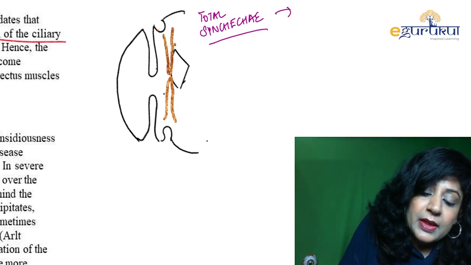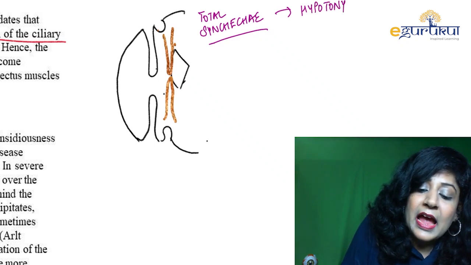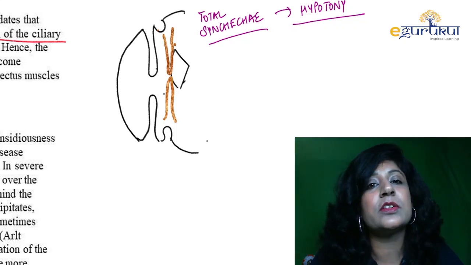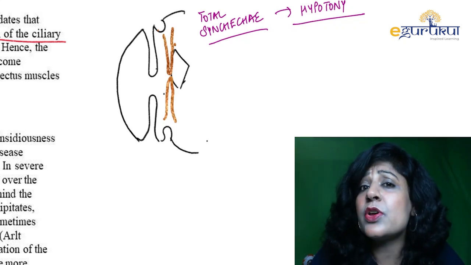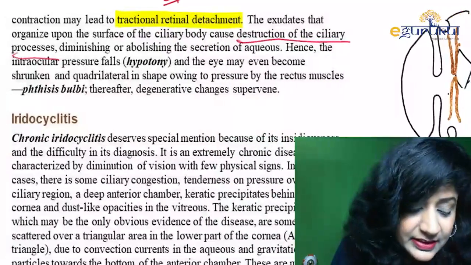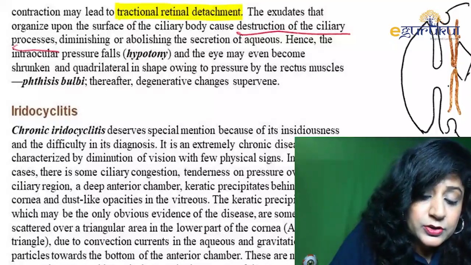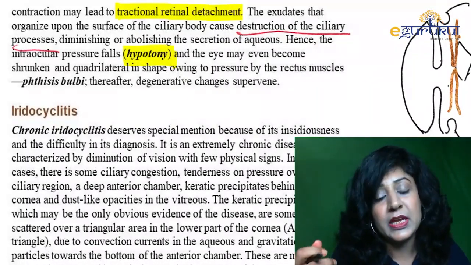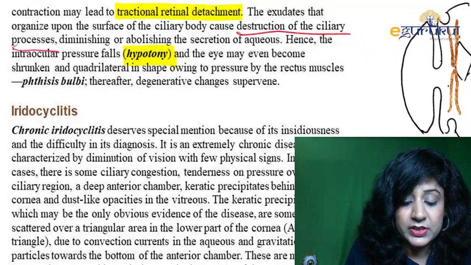So there will be hypotony, and there will be no production of the aqueous humor, and that is the reason why we have got only one synechia causing the glaucoma. That is your ring synechia or the annular synechia. Okay, so the same thing they are saying, that hence the intraocular pressure will fall here. So can you see, we can have glaucoma also, and even we can have hypotony in the acute anterior uveitis,